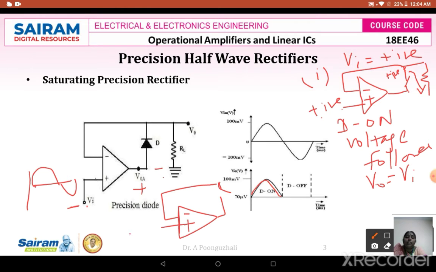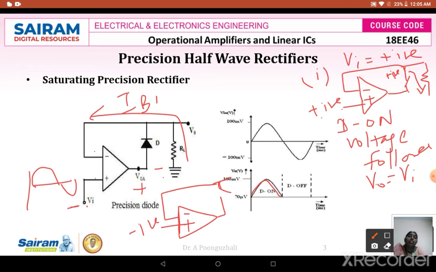So open switch means this is a negative voltage there. Open switch means no current is going to flow because I don't have any closed loop path. The only current that can come is because of this bias current. Here, your IB1 current is the only current that will flow across this RL, along with the reverse leakage current. That's all.